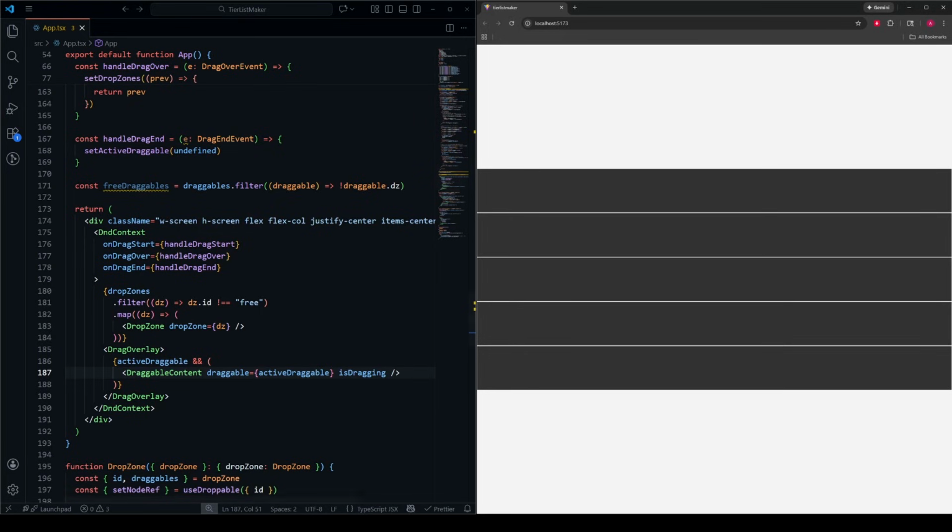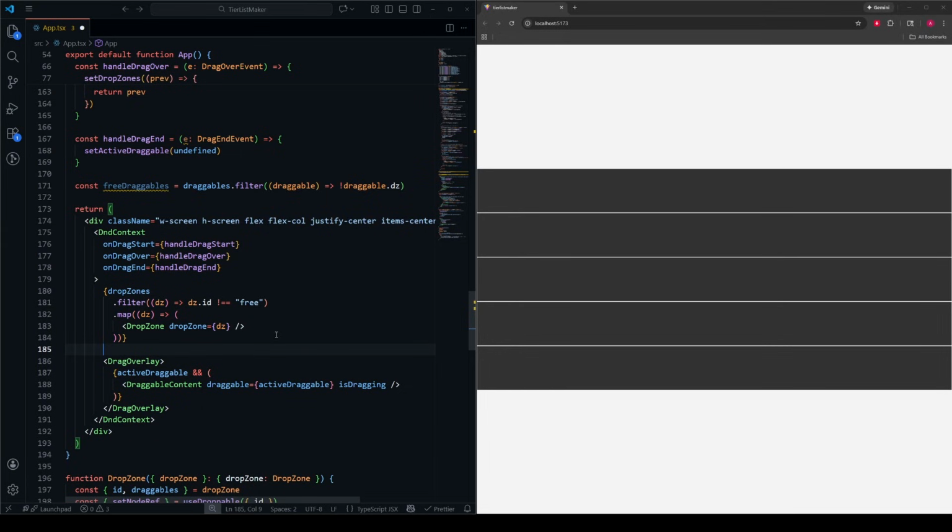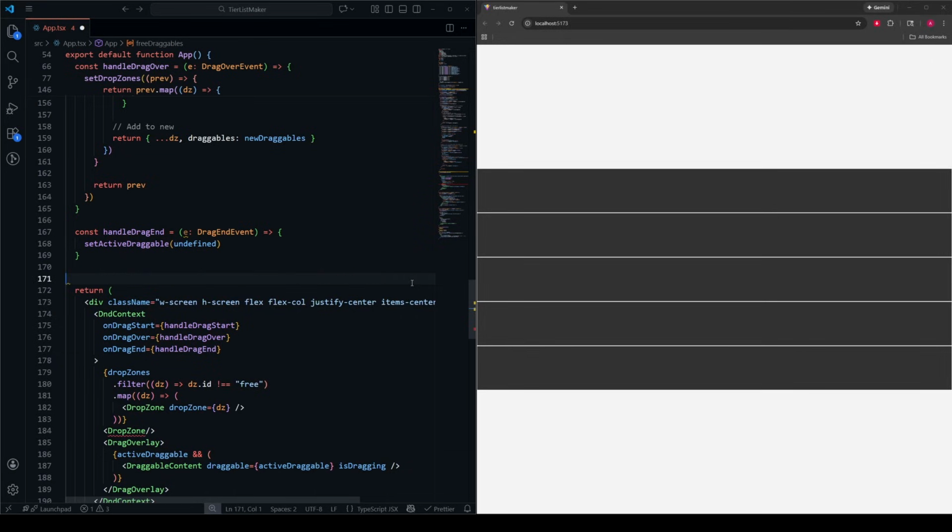And the reason I'm doing that is because I just want to show the free Draggables in their own uniquely styled drop zone and not one that looks like the rest of them. So what I'll do is below these drop zones here, I'm just going to make another drop zone just like this. And then to actually figure out which drop zone is our free one, we can actually do something pretty